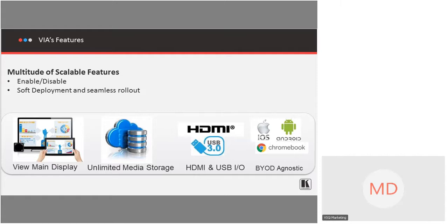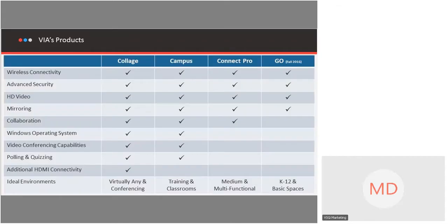And what's also a nice little benefit of VIA is, I'm talking about how we have a variety of different solutions. It's the same software that operates everything. So again, me, the employee, I could walk into the executive conference room, which has all the bells and whistles, and now, it's the same software that accesses the huddle room that doesn't have as many bells. So kind of taking a look at, holistically, that's the 5th time I've used that word, so sorry for all you guys listening. But anyway, looking at our product portfolio, I've referenced them by name a couple of different times,